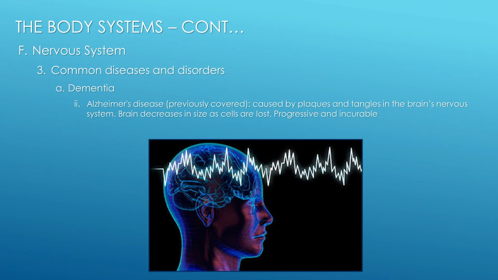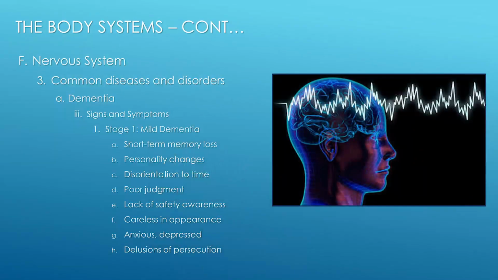Alzheimer's disease, caused by plaques and tangles in the brain's nervous system. Brain decreases in size as cells are lost. It is progressive and incurable. Signs and symptoms. Stage 1, mild dementia. Short-term memory loss, personality changes, disorientation to time, poor judgment, lack of safety awareness, carelessness in appearance, anxious and depressed,